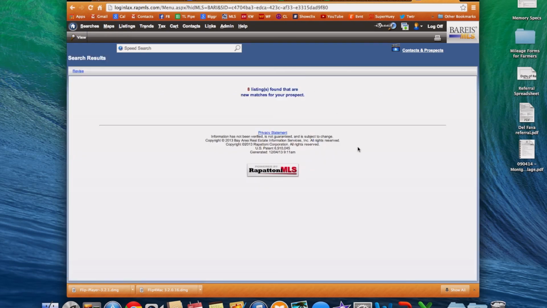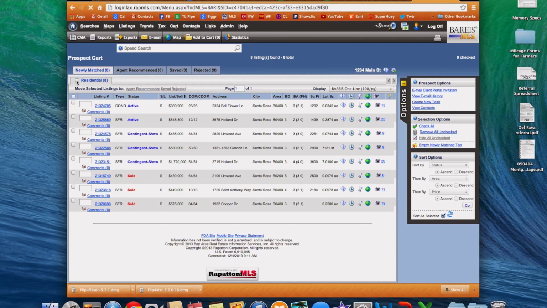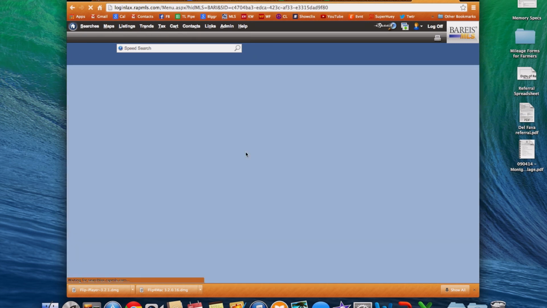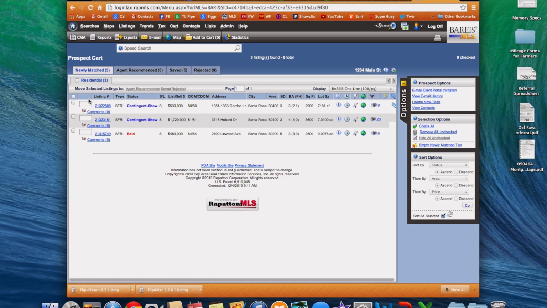So we're going to go over all this and more in great detail, and basically what you're going to find from this is now you've got all this stuff organized in a prospect cart. You can then reject the listings that are not good comps for your subject property, and then you can save the listings that are the comps that you like for your subject property by moving them to saved. Now you have all your stuff in here, and once you reject the other ones, then what happens is